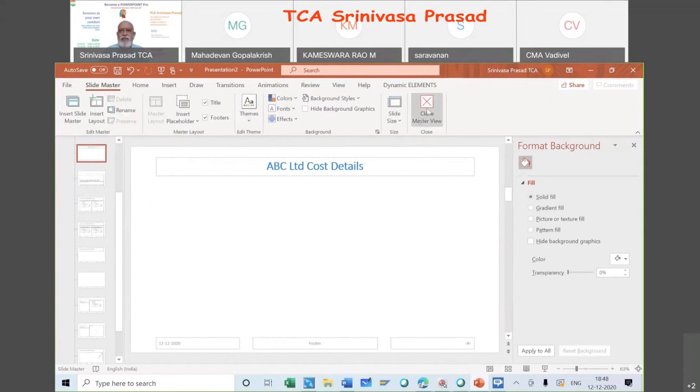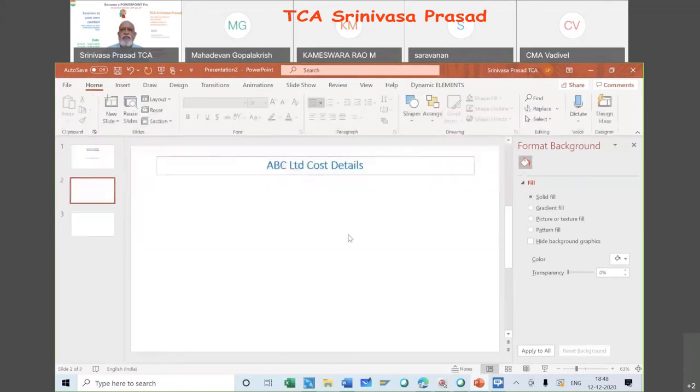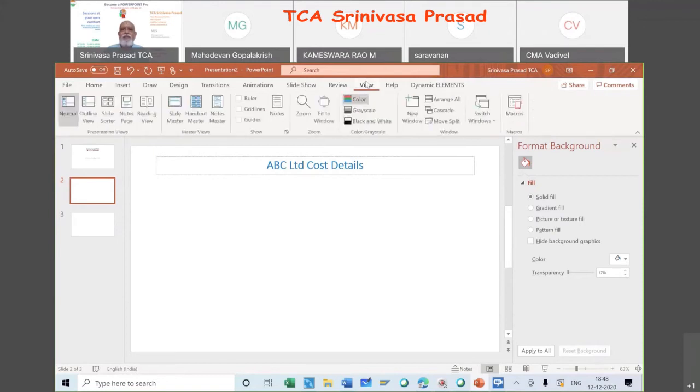I will again start from the beginning. Footer has to be put. Sir, footer and all you will have to remember and put. If you don't put, it will not come. Okay. What Mr. Vadivel says is, like a letterhead in my slide, on top this should come. Let us do one thing, sir. You can put a header, as Rao Saab is telling, header and footer in the master itself, so that everywhere it will come.